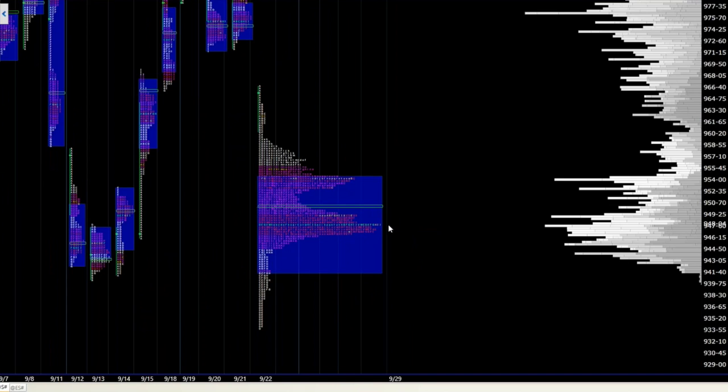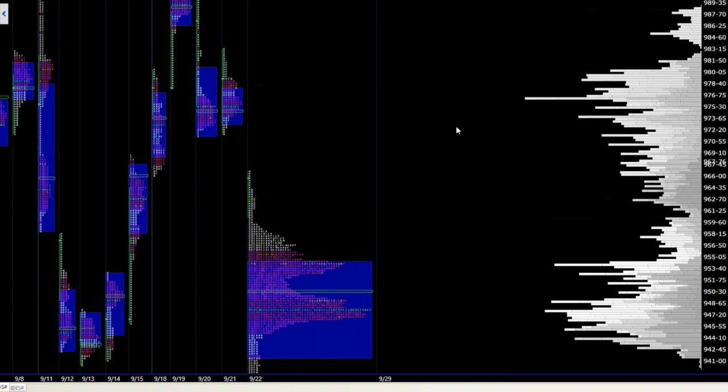I think until we get closes below 945, there's an opportunity, given that we're in this larger range, to get a swing trade that goes up to 960, 974. I mean, those are the targets. If you can convert that to raw